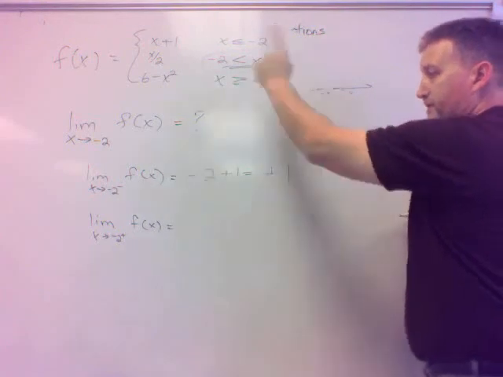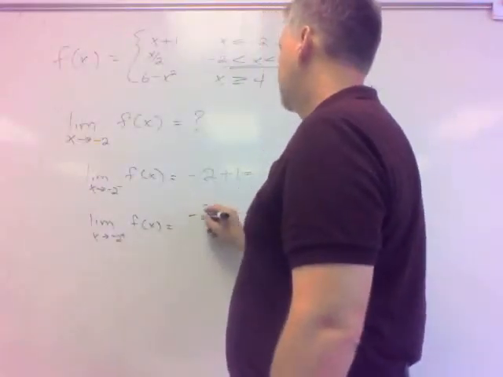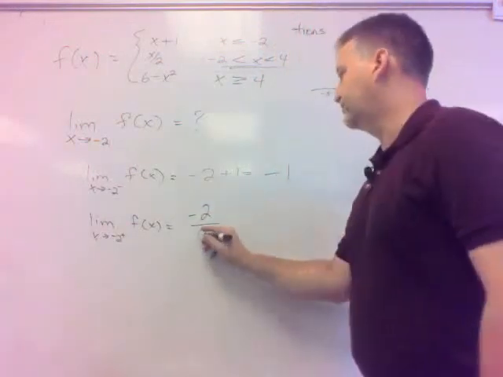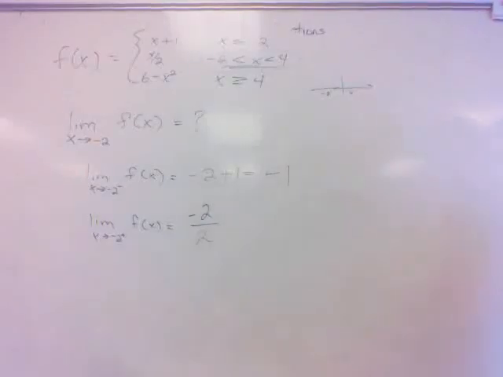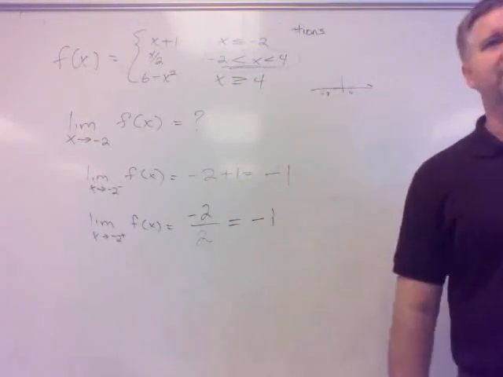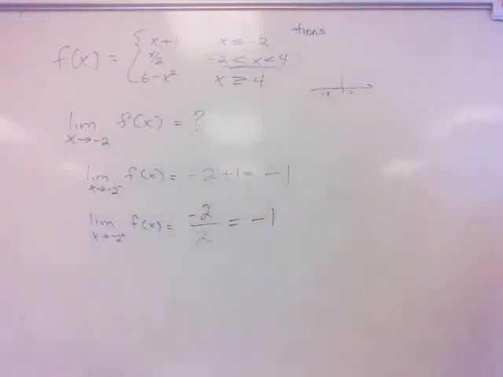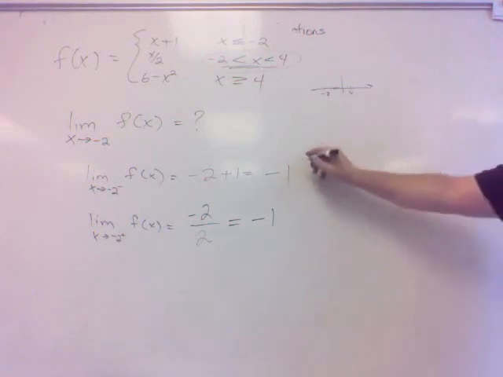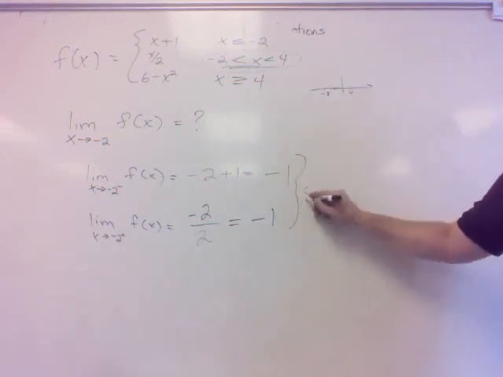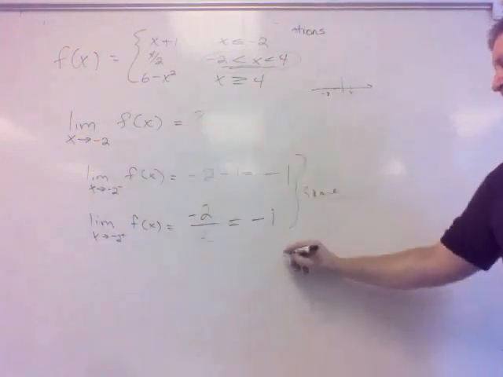So I would use x over 2, which x is going to negative 2, so I can substitute that in. Hey, look at that. It's also negative 1. So what can we say here about the limit as x approaches negative 2? Since both of these are the same, doesn't that mean then the limit